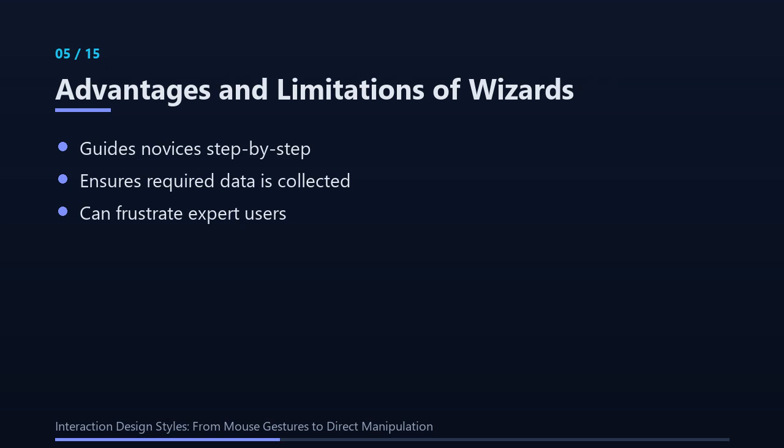critical step is missed. By presenting only the necessary fields at each stage, they keep the interface uncluttered and reduce the chance of error. This guided approach also allows developers to embed help text and validation directly next to each input, improving data quality. On the downside, the same linear progression can become a bottleneck for power users who prefer to jump directly to the final configuration. Because the wizard forces a sequential order, users cannot skip ahead or backtrack without using the provided navigation buttons, which can feel restrictive. Designers must therefore balance the need for guidance with shortcuts, such as offering an advanced mode that